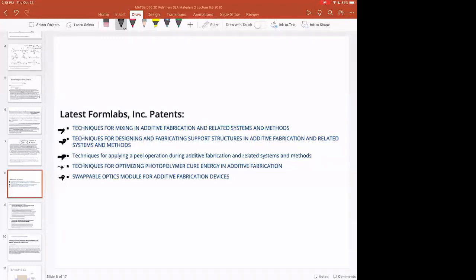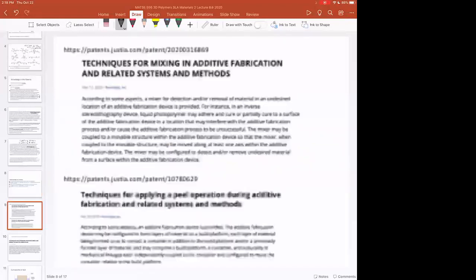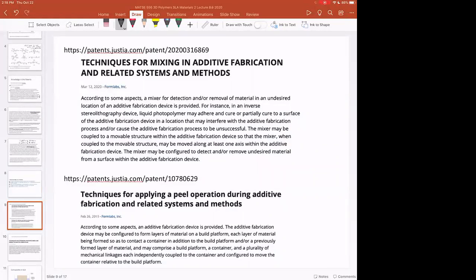And I just want to step through one or two examples so we can see what the whole ecosystem is like. So if we look for techniques for mixing in additive manufacturing and related systems and methods, that's interesting. And they talk in this one about